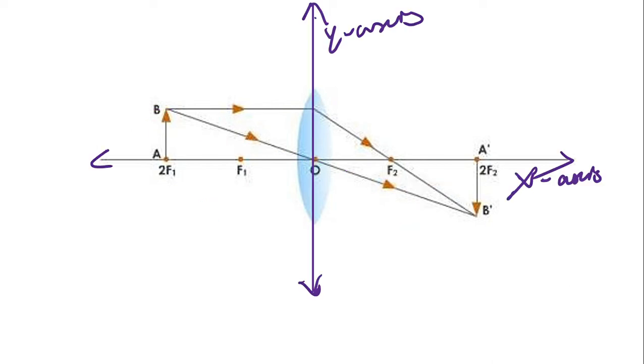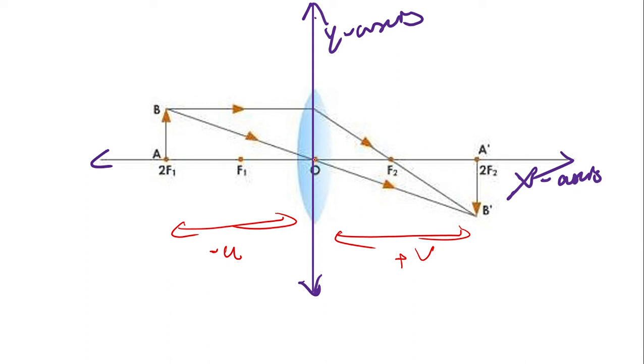One more thing I wanted to tell you. Why do we take u as negative? Whenever the value of u is taken, it is always negative, and v for this experiment will always be positive. So in our optics, for whatever experiment we are doing right now, u will be negative and v will be positive. Now why?